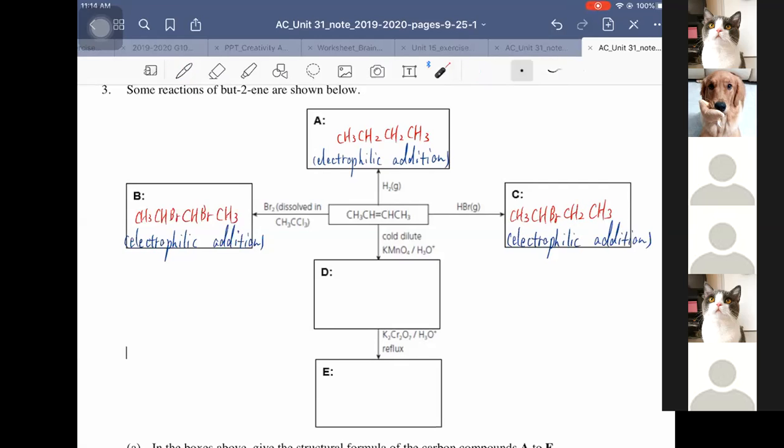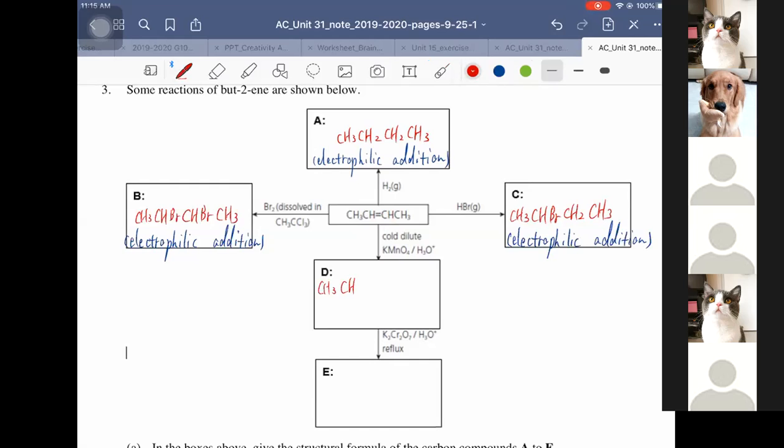Okay, so move on to D. This time we have cold dilute potassium permanganate, and it's in acidic condition. So for this one, after the reaction, we're going to have OH group added onto both sides of the double bond. Okay, so again, it's a reaction that we have learned in Unit 27. That's the electrophilic addition. So the product we formed should be